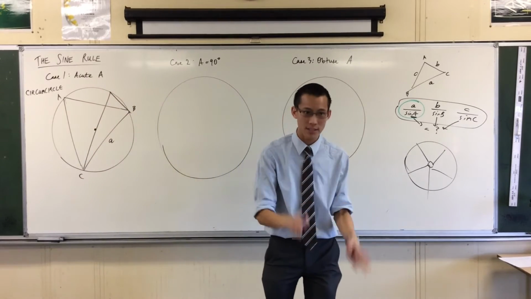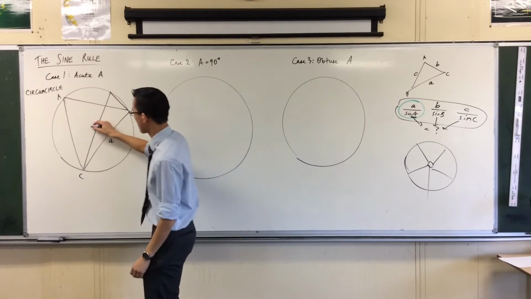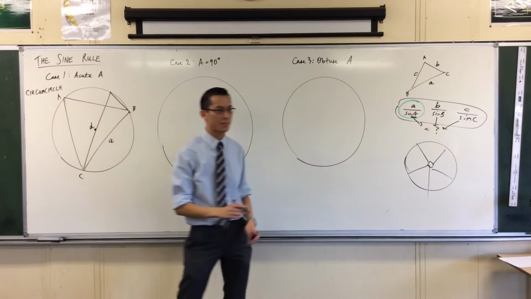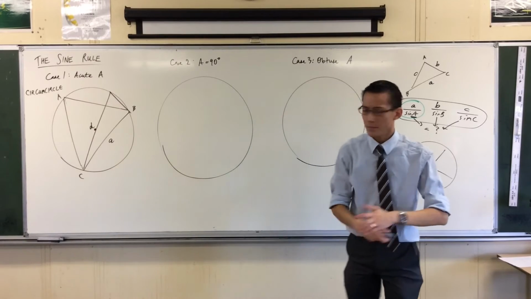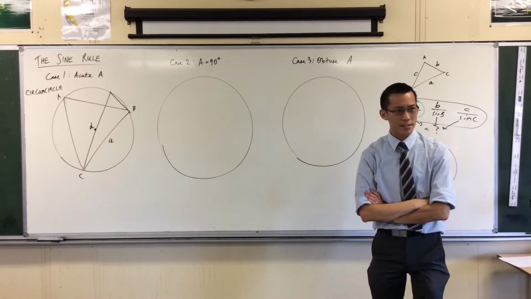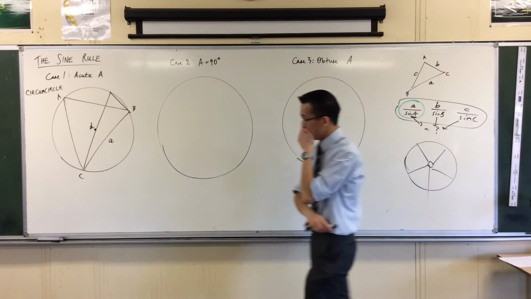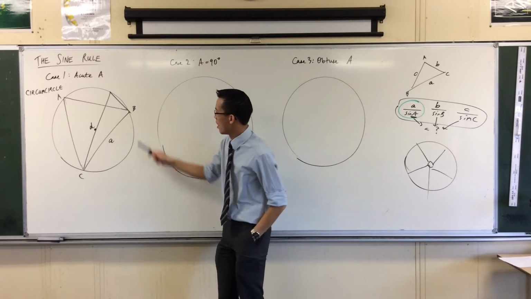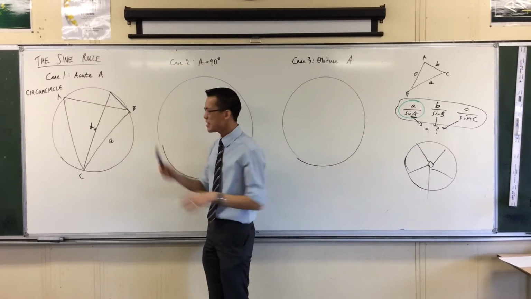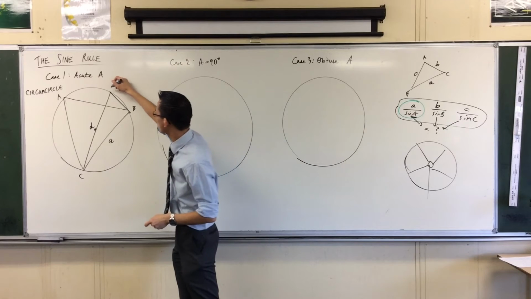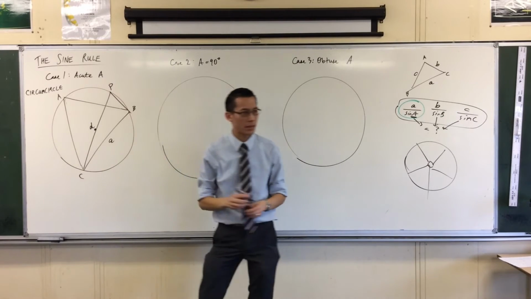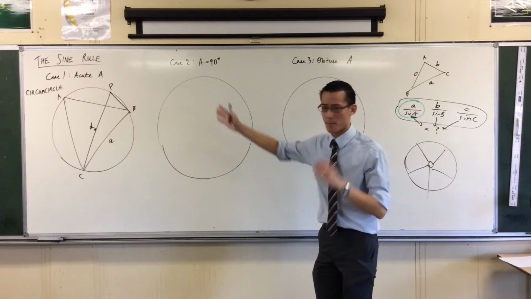Okay, so because it's a diameter, I'm going to label it D for diameter. Now, being that it's the diameter, there's an interesting thing that happens with this angle over here. Let me name it. We've got A, B, and C. I'll call this one capital P. So this angle over here in the bottom right-hand corner,